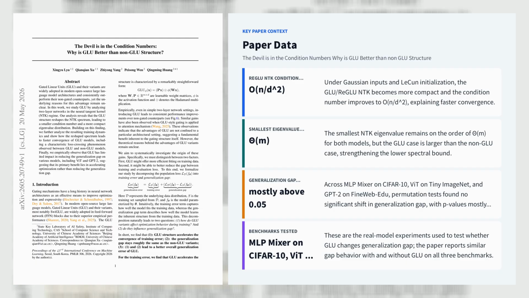In contrast, across MLP-Mixer on CIFAR-10, ViT on Tiny ImageNet, and GPT-2 on FineWeb-Edu, the generalization gap L_test minus L_train remains statistically similar with and without GLU, with permutation test p-values mostly above 0.05, indicating that GLU's primary benefit is optimization speed,